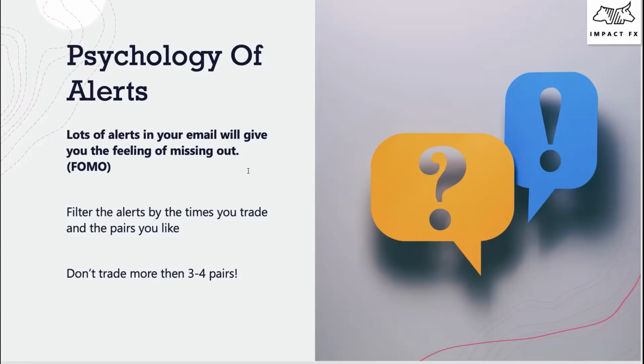And I would suggest for a lot of you is remove the OB alerts that maybe don't coincide with the time frame that you guys trade, right? And we're going to talk a bit about this. And I would say maybe you only nail the alerts down to 3 or 4 pairs for a bit, right? Start to